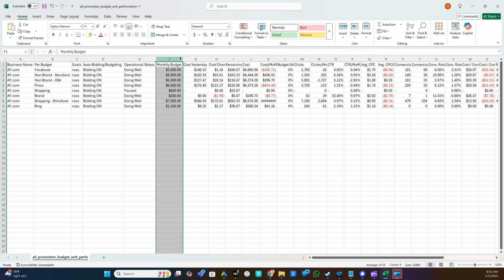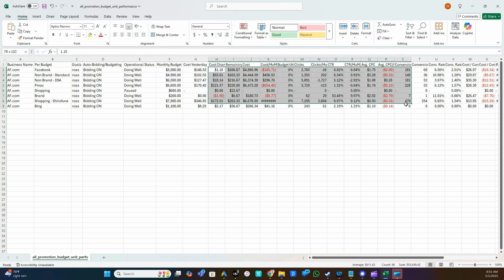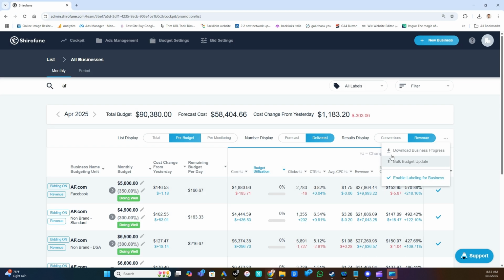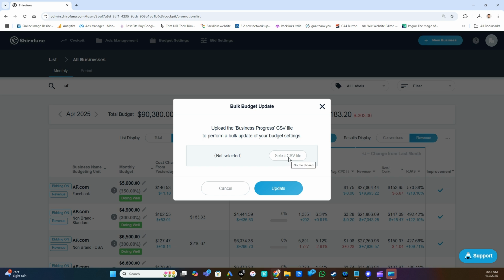And right here, you have a monthly budget column that you can edit any way you want. And you can also modify some of these columns here for calculation that won't impact the success of the upload. So once you modify this budget, you save the file and you're going to go back on Shirofune and click on bulk budget update. You're going to upload your file here and all of your budgets are going to be